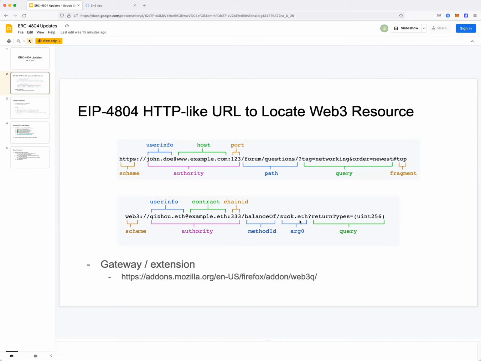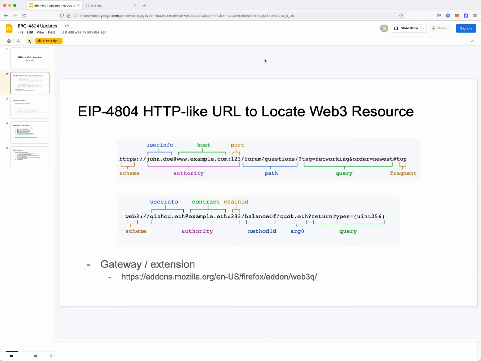Not to forget to mention that these would need to be URL encoded or URI encoded, which is not described, so the period wouldn't even be allowed in your current example. There was an issue with return types discussed last time, an issue with the usage of the Web3 scheme, and a request to change the scheme, if I recall correctly. And the chain ID here is done as a port number, following what HTTP would do.